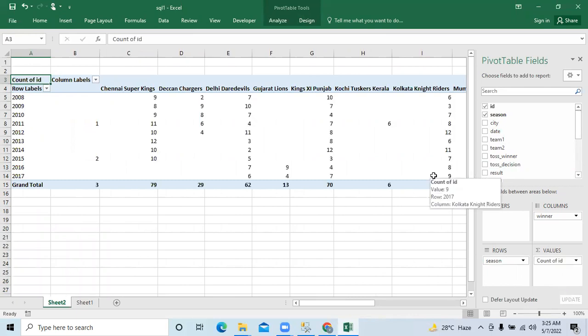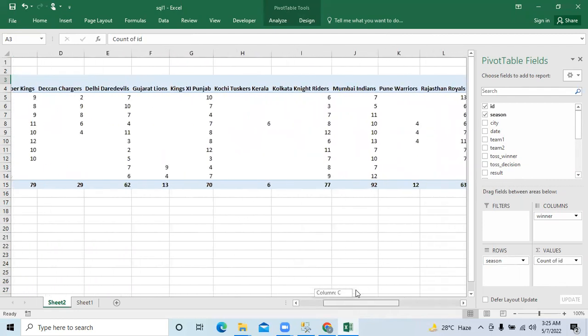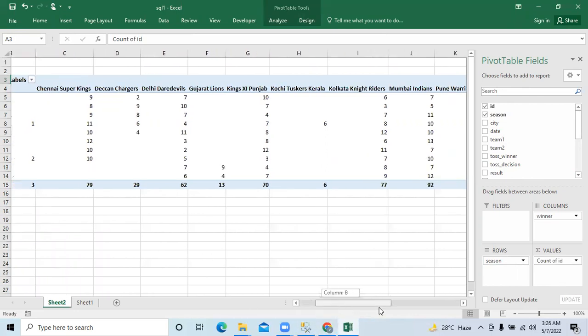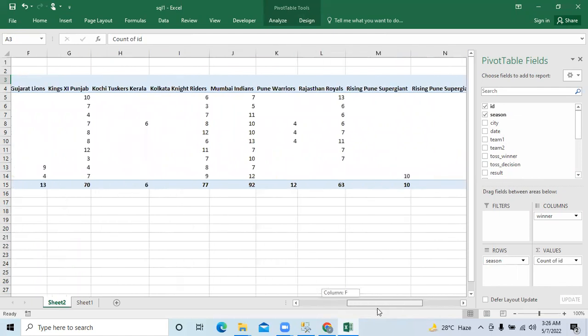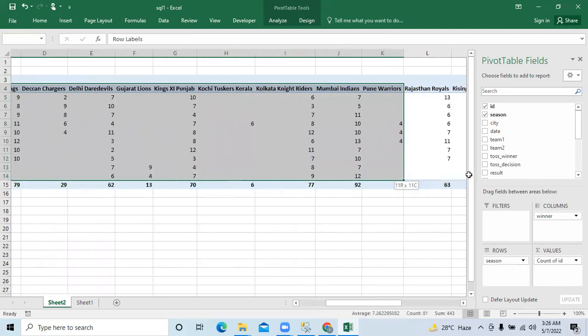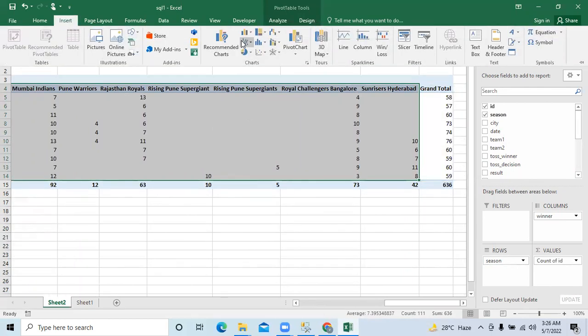So as you can see, you are able to generate a particular report where we are getting the total number of matches in each and every season and how many teams won how many matches in each and every season. All right, if I want to convert it into a specific chart, all I need to do is select the data, and I'll have to just create a chart. We go to insert, we can create a line chart,